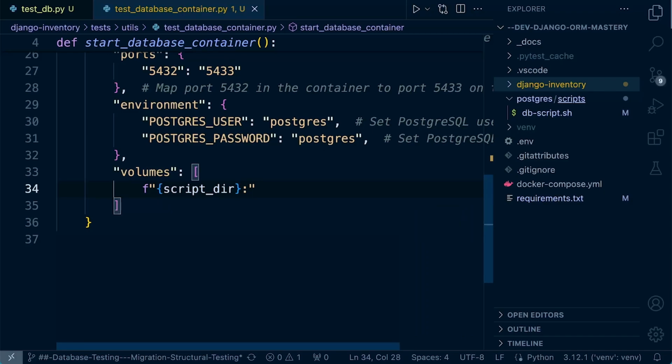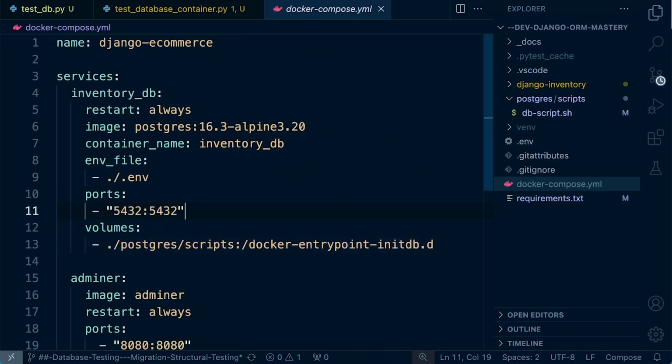That then needs to be mapped across to Docker and entry point init db.d. Just double check that. initdb.d. Yep. Okay, so we've simply mapped across that folder so that it can be initiated when our test